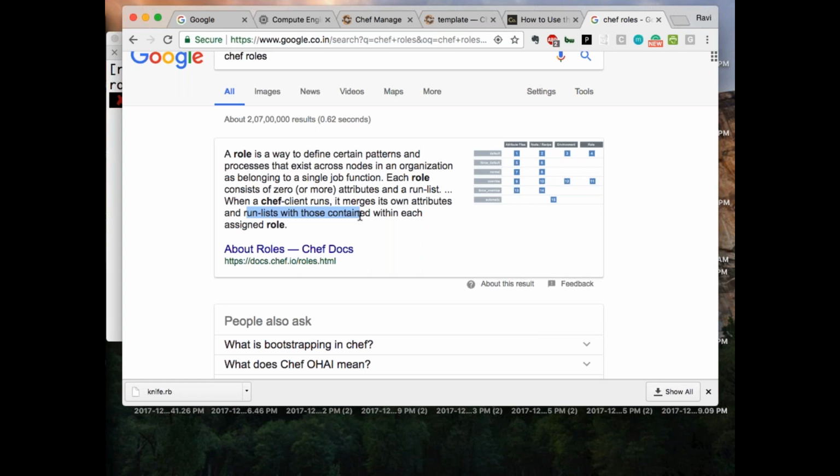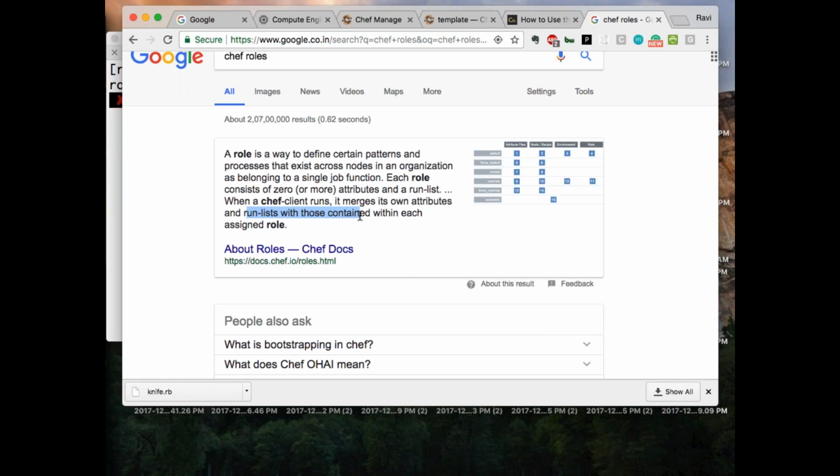Now I should get two groups for this, isn't it? On one node, node one, I want to install Java, I want to install Linux. Now if I want to do that, we will do something like cookbook underscore Java, cookbook underscore Linux. I need to add each of these every time with the knife node add run list command.